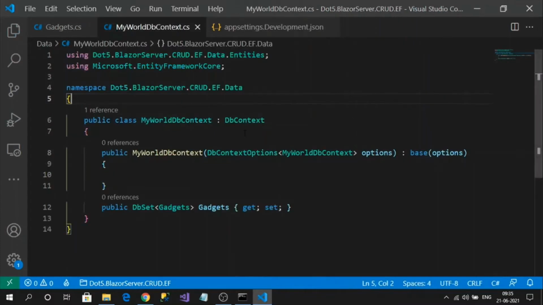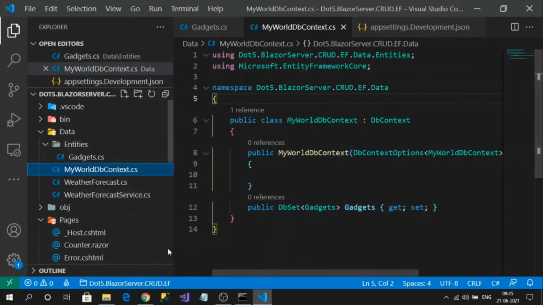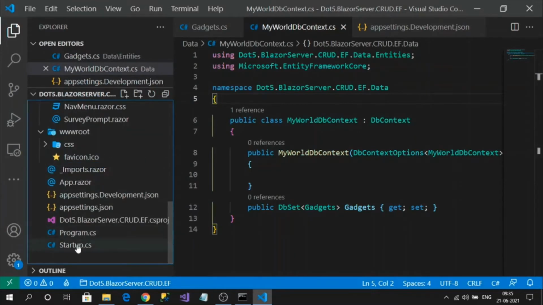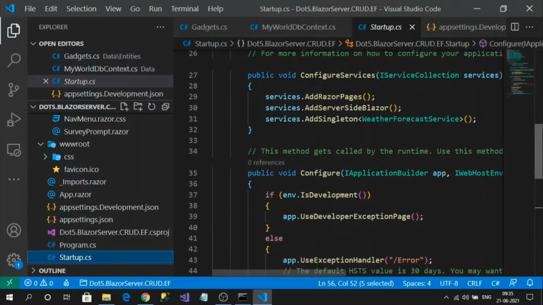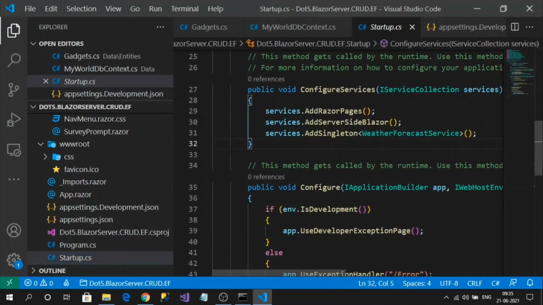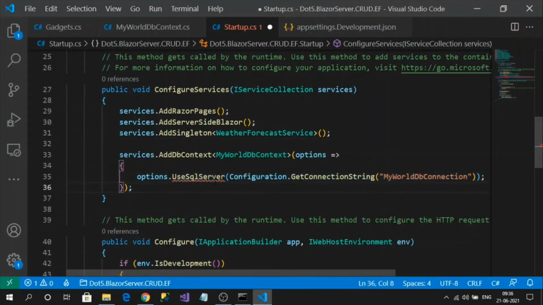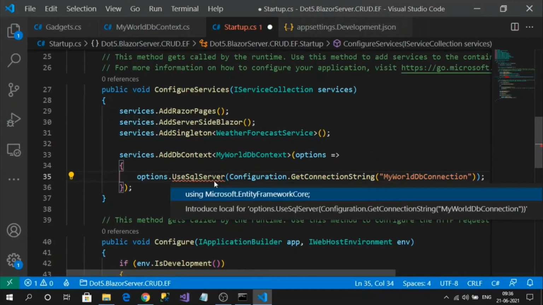Now, to inject my DbContext wherever I want, I need to register it in the DI service. For that, go to Startup. Here I want to register my database, so our registration must be like this.